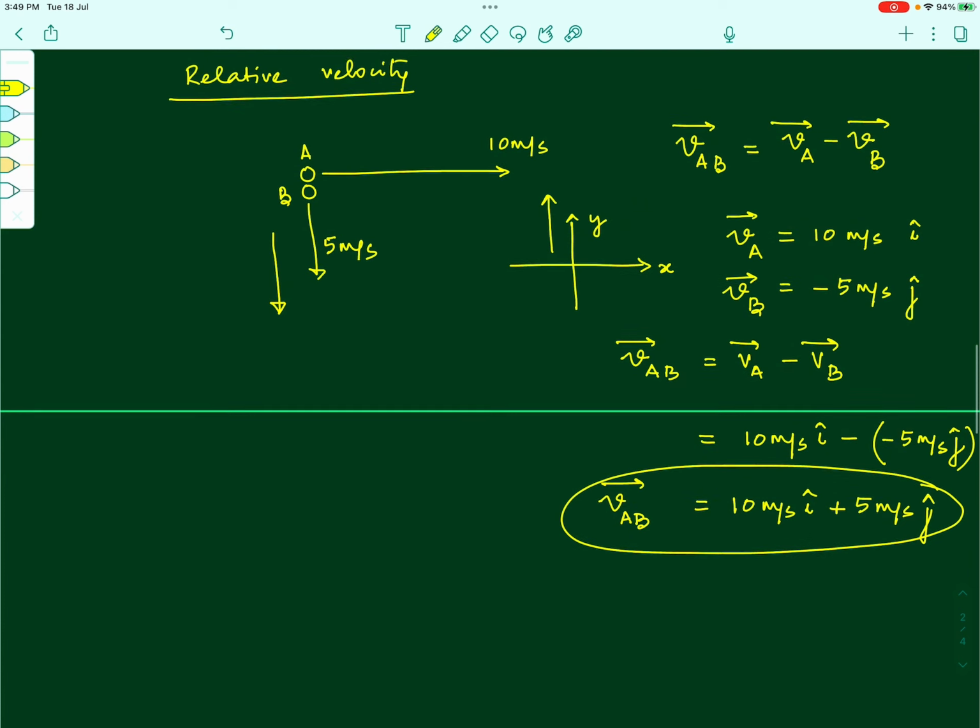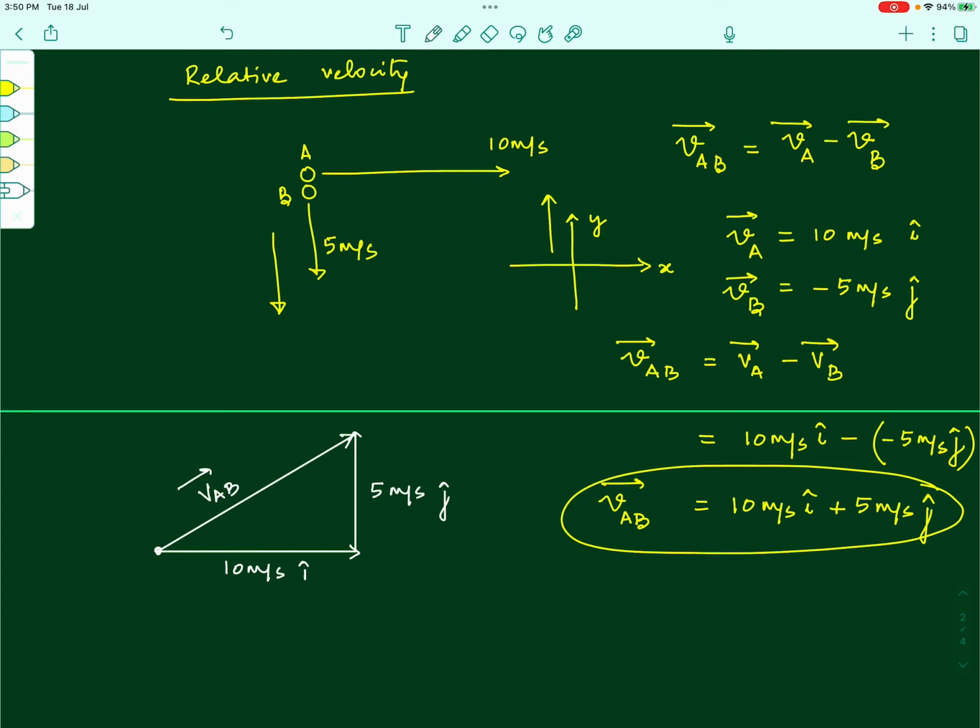Let us see what we are getting in the figure. In the figure, 10 meters per second i cap will be a vector like this, 10 meter per second i cap, and 5 meter per second j cap will be a vector like this, 5 meter per second j cap. So, the sum of these two components will be a vector which will point like this, isn't it? So, this is our resultant vector, velocity vector AB, which